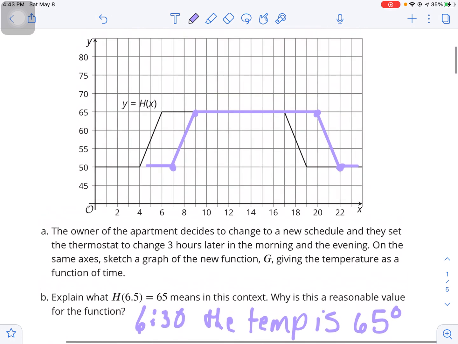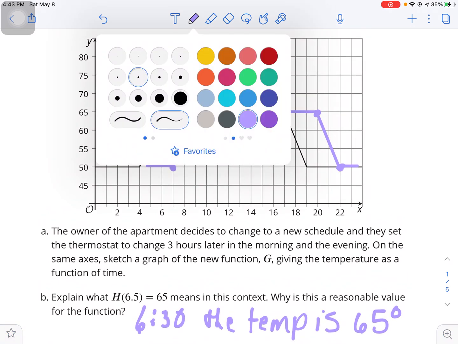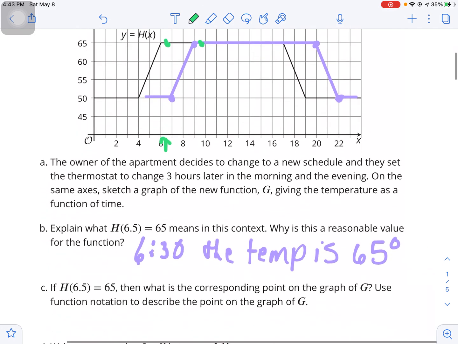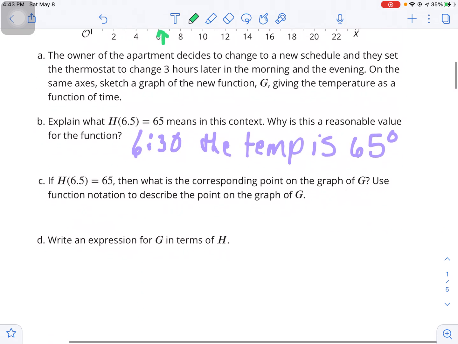So here's h at 6.5. There you can see at 6.5 hours, that's right here. You can see that the temp is 65, so the corresponding point on g would be this one here, and that's happening at 9.5 hours. So g of 9.5